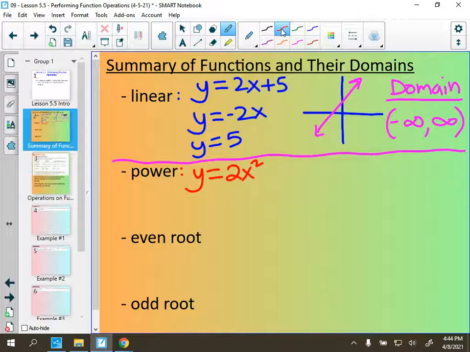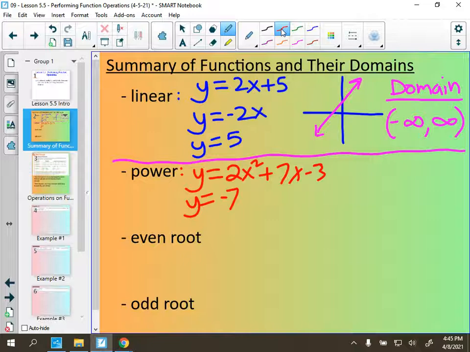I don't know why I go with 2. I like 2 as a coefficient for some reason, apparently. 2 or negative 2. 2x squared, and there could be others that follow, right? Plus 7x minus 3. Our quadratic functions are a perfect example of what we would call a power function. And as long as I keep the exponent as a whole number,